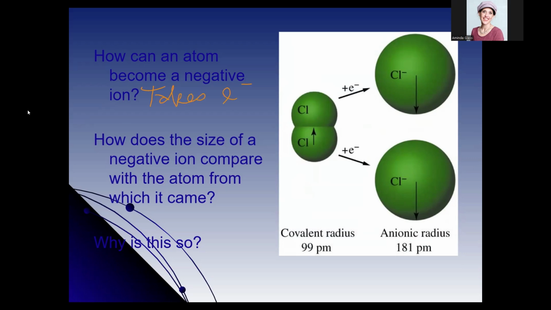Now, if it takes another electron, you're going to have an imbalance of negatives to positives. So you're going to have more negatives, more negative charges